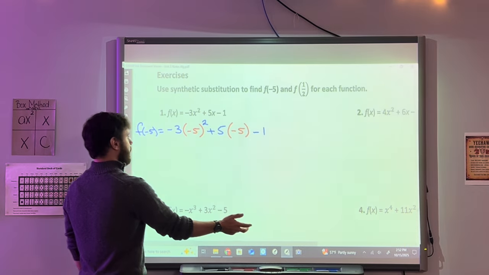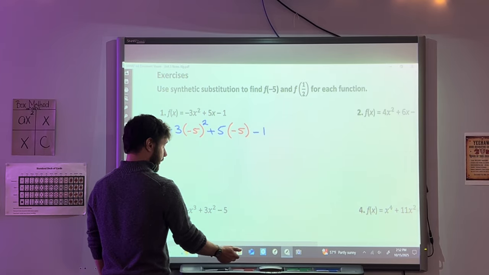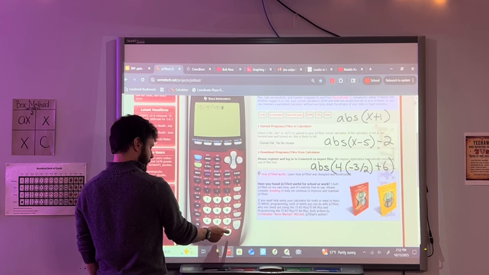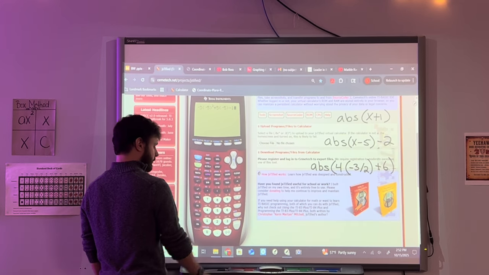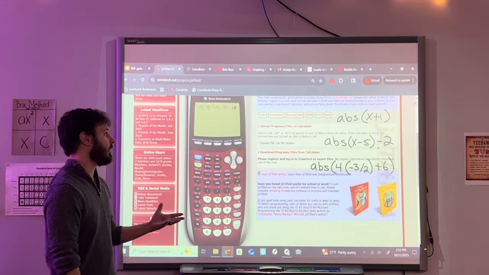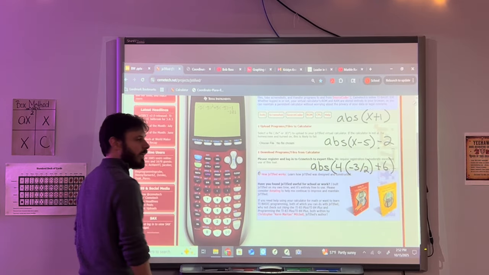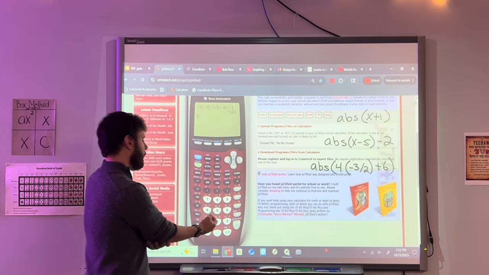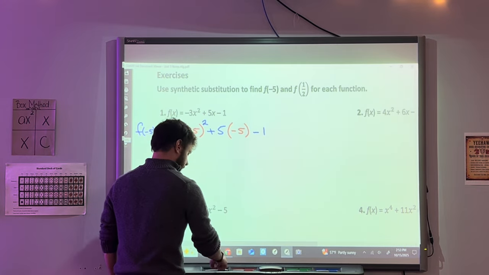Okay. After that is plus 5, -5, -1. Okay, so I'm going to type it exactly how I see it. That's a -5. Do I want that -5 there? I think I do. -101 is the answer. I could have done long division. I could have figured that whole thing out. Apparently we're talking about absolute value over here. But the answer here